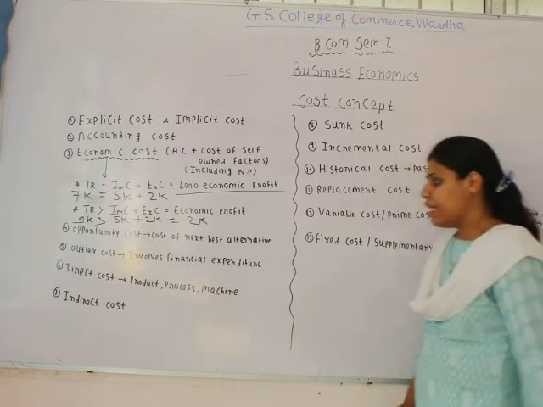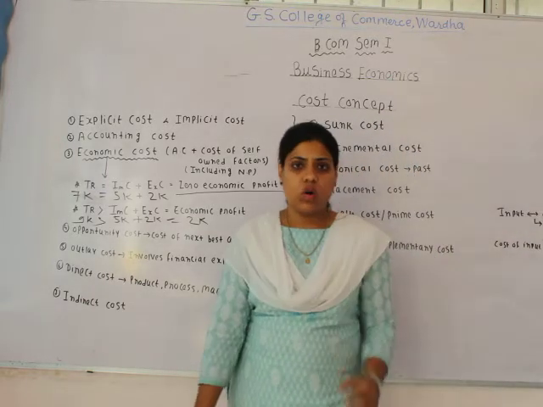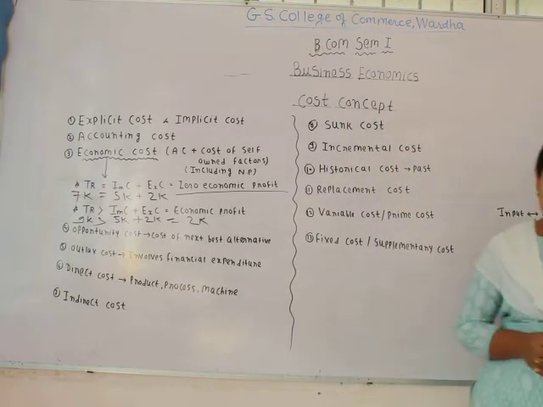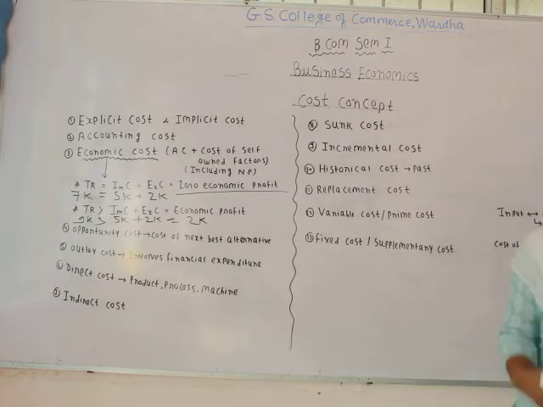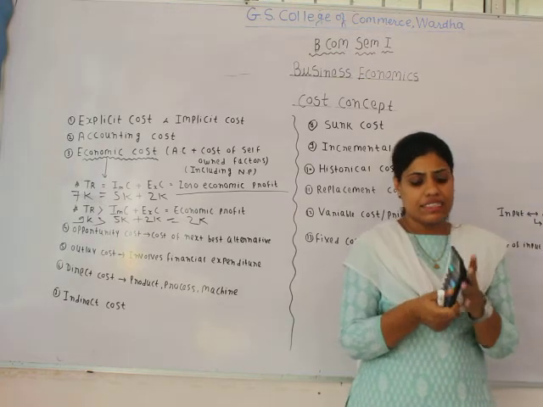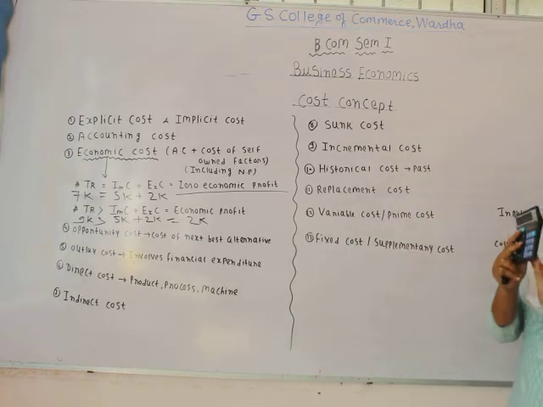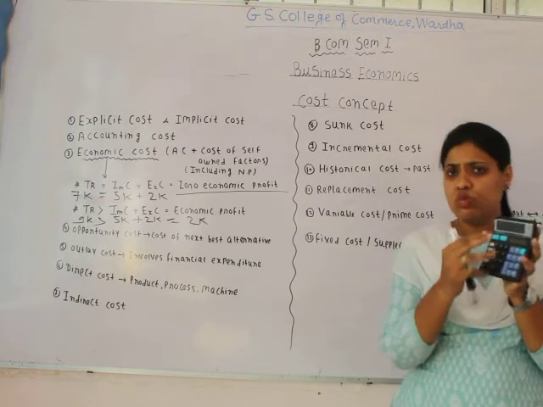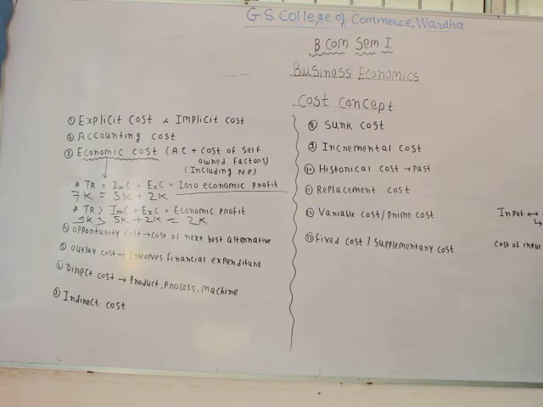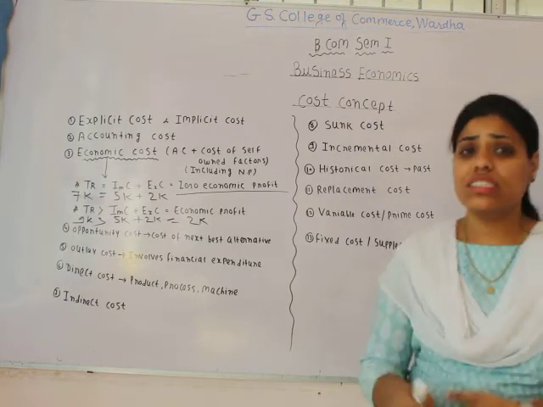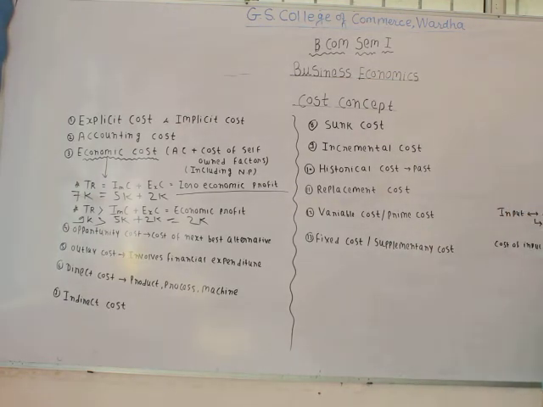The next one is direct cost. Direct cost is also known as traceable cost. These are directly visible or traceable in the product. Like in this calculator, we can see that the material, the plastic, and these buttons have been used for making it. So the cost of this material and buttons would be direct cost of this calculator. Direct cost refers to those costs which can directly be associated with the product.